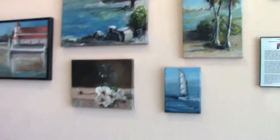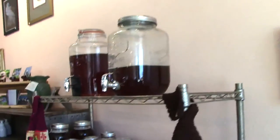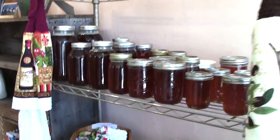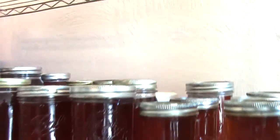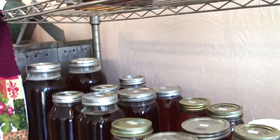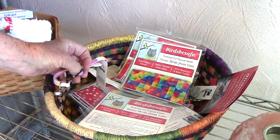So if we move on, we have some of our local, this is local honey from New Smyrna Beach. It's the black mangrove honey. I think that a few people are aware of that already. And it has a very unique taste. It's honey, but it still has a smoother, mellower taste to it than some of the other honey that's out there. And I used to rave about these all the time, and I gave up because I figured you guys were tired of that. But these are collars to